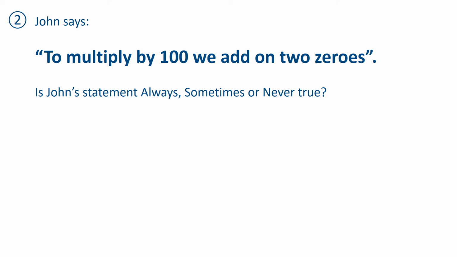We would explicitly address a misconception like this. John says to multiply by 100, we add on 2 zeros. Is John's statement always, sometimes, or never true? So this allows good opportunity within the classroom, again, to probe understanding, to check for understanding and have really good